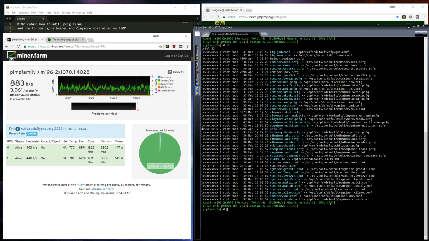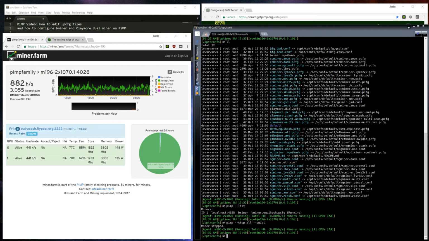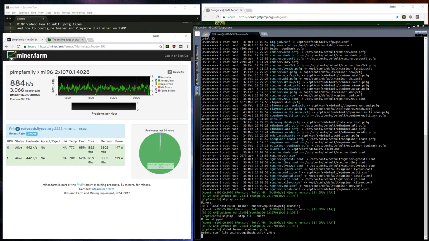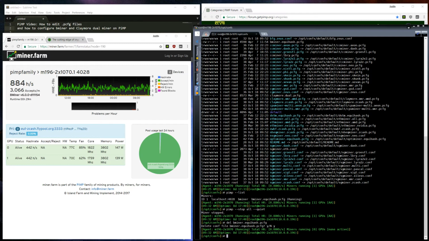Alright, now we are in my 1070 rig here. We're going to list out. Right now we are mining with bminer, and you can see that I have modified the config file. What I'm going to do right now is quietly stop all of the minings, and I'm going to delete it. Now we just ran a PiMP up, but you want to run a PiMP up because what you'll